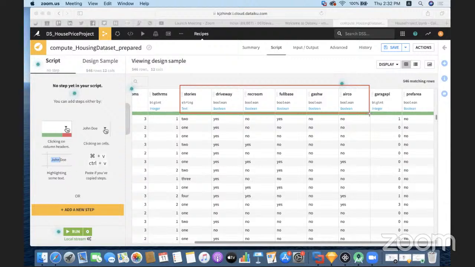In all of these, we have the text information available. One is in the text format, the second is in the Boolean format, and finally, in the preferred area also, we have text data. In order to analyze this data, we have to convert it into numbers. So what can be done? To convert text into numbers, there are two types of conversions. One is to convert binary text into 0 and 1. And second is to convert